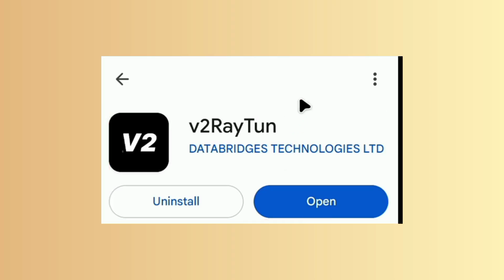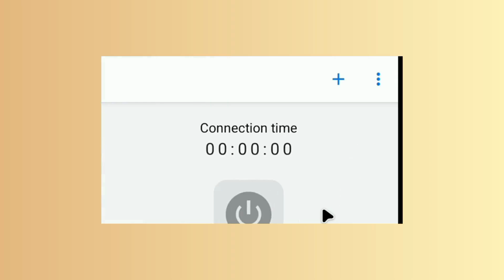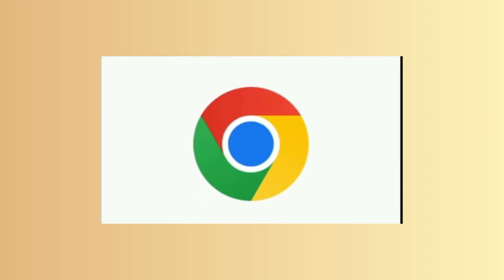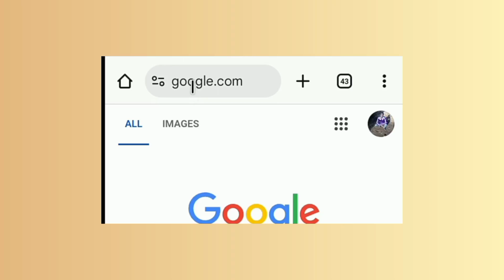So after installing the app, open it to do some settings, and when you get in the app, it will take you to its home screen, and on the way out you see a list or a section which says configuration. So this means that in order for this app to work, you must have a configuration. To get a configuration,